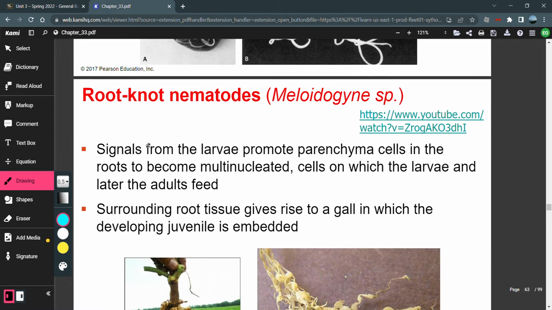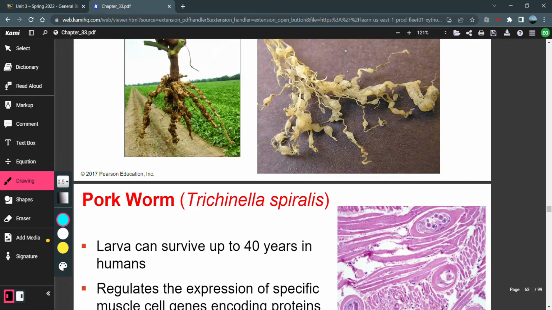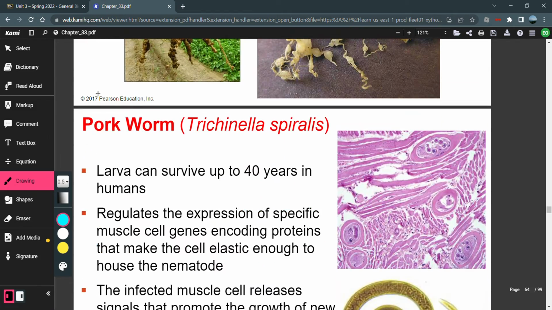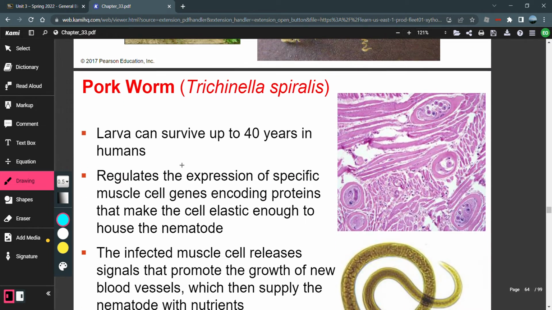And here we have another type of nematode, where signals from a larva promote parenchyma cells in the roots to become multinucleated, which is used as a meal. So the larvae would eat on the multinucleated cells, and they will grow into adults. And the surrounding root tissue gives rise to a gall in which developing juveniles are embedded. That's kind of freaky. Another worm that does almost the same thing, well, not entirely, but it stimulates something, is